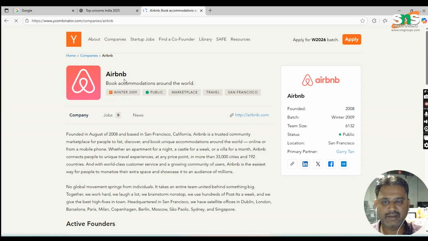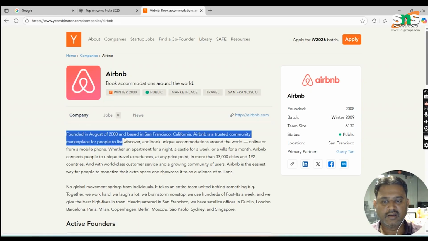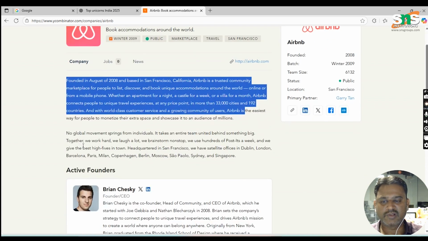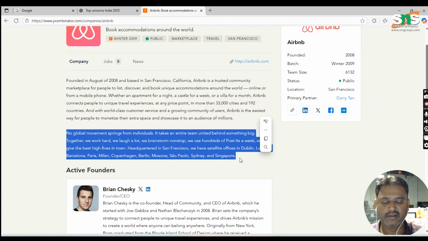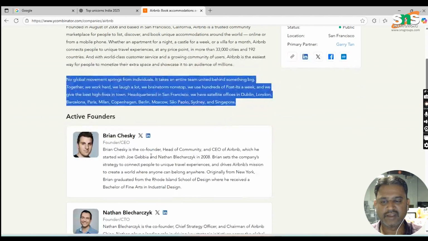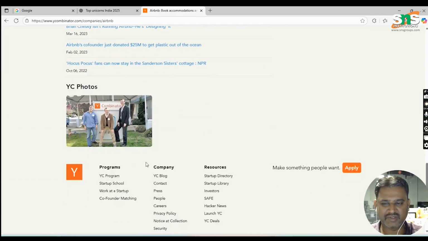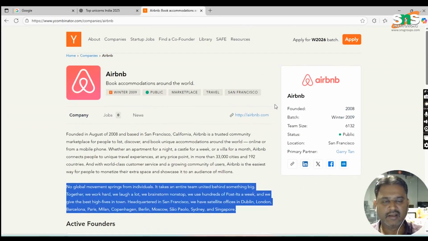Once I click Airbnb, it gives you basic information about the company and also the problems they are solving and their solutions. You could find the active founders and the latest news, and these kinds of things are there. So we are recommending these two websites to select the problem statement. If our student takes Y Combinator as a base and works on it and provides a solution with modification through design thinking, then definitely in the future our student or startup will get funding from Y Combinator, start the business and run it to the required level.